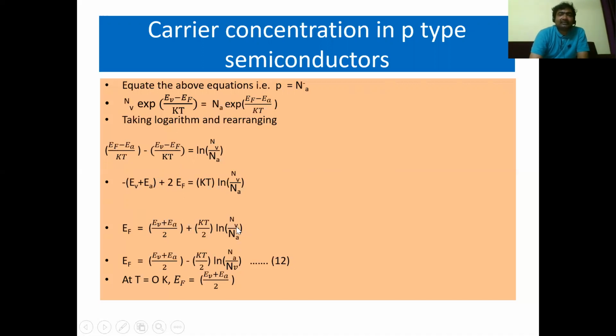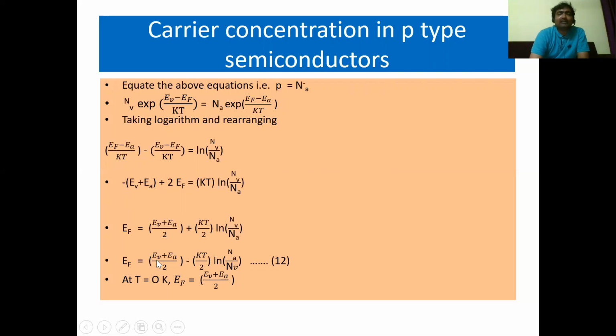So if you reverse this value, that means Na by Nv, we will get a minus sign before this plus. So the final value of Fermi energy level EF equals EV plus EA by 2 minus KT by 2 into ln of NA by NV. At T equal to 0 Kelvin, put T equal to 0 in this equation. So it is left as EF equals EV plus EA divided by 2,